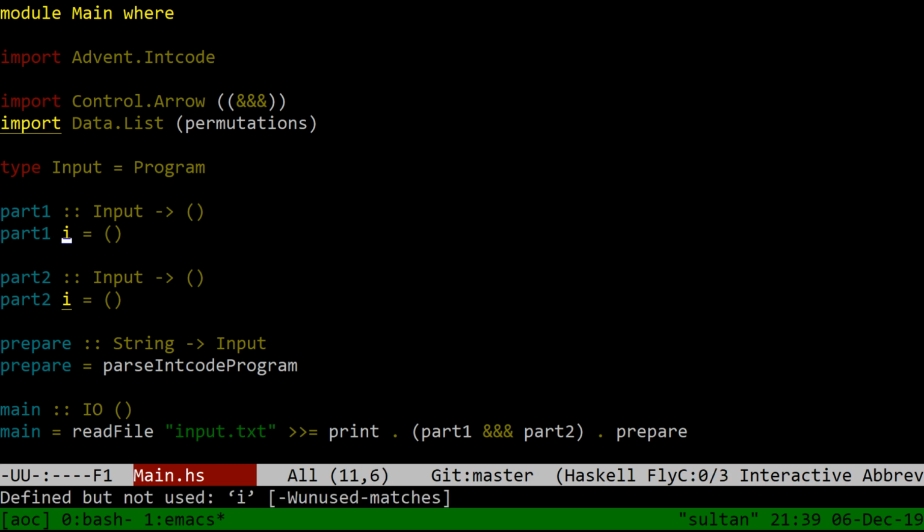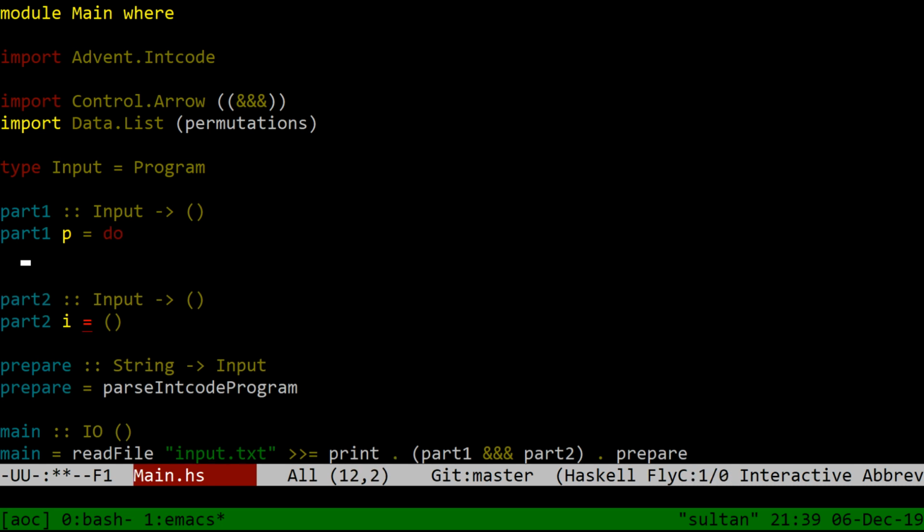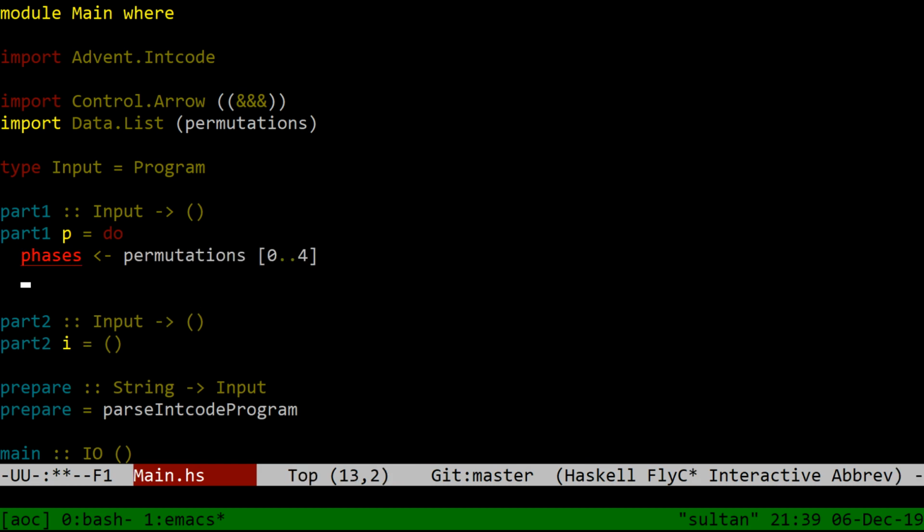So part 1 of P equals do. That seems fine. Phases, permutations of 0 to 4. So we'll choose an arbitrary permutation, and well, let's actually say maximum of do, and give me